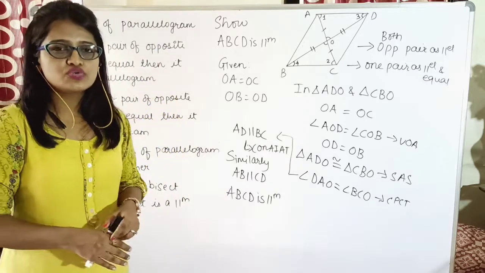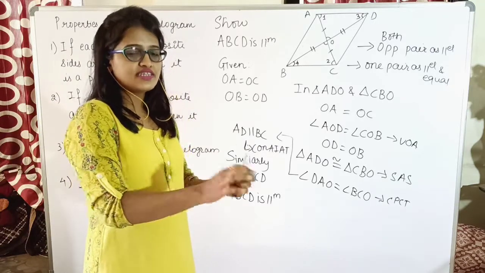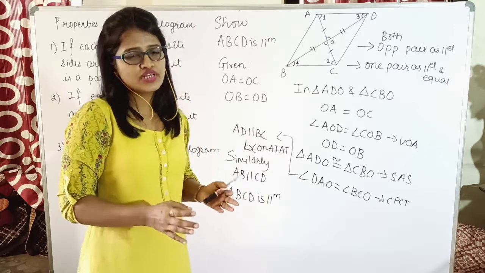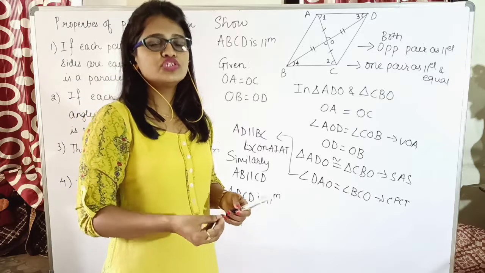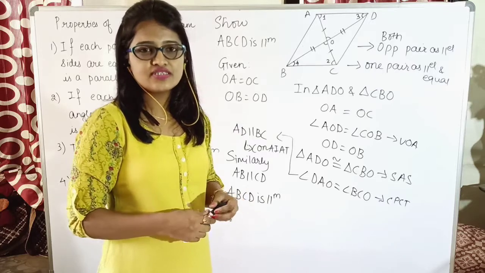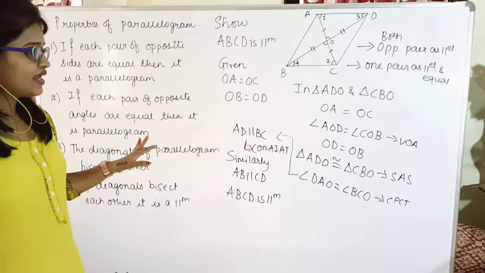Now it depends upon what the question says. It might happen that the question says it is a rectangle and you have to show it as a square. In that case you are not supposed to show that it is a parallelogram, because it is already said to be a rectangle. The only thing to be shown is that all these sides are equal. Hence you can say that it is a square. Okay, so these are the properties of parallelograms.